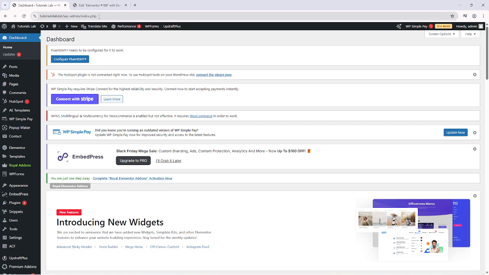Today, I'm going to teach you how to save changes in Elementor. This is a fundamental skill you'll need every time you work on your WordPress site with Elementor, ensuring your edits are properly stored and visible to your